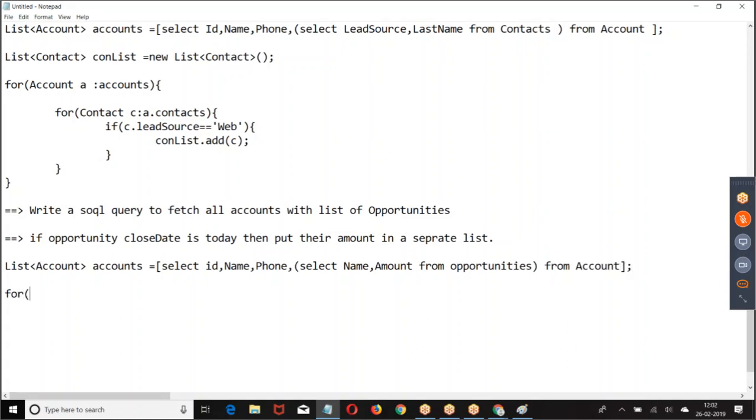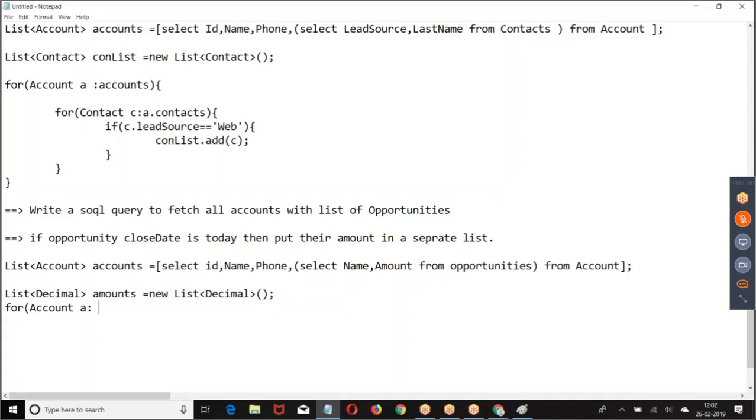I want the opportunity amount to be separate. If you want the amount to be separate, then how do you take it?